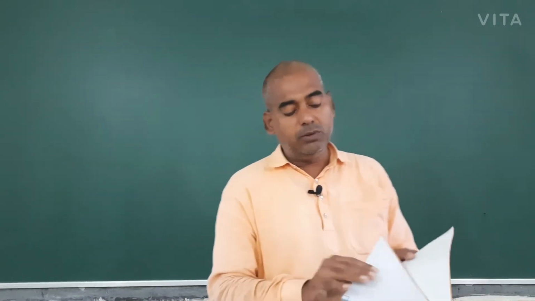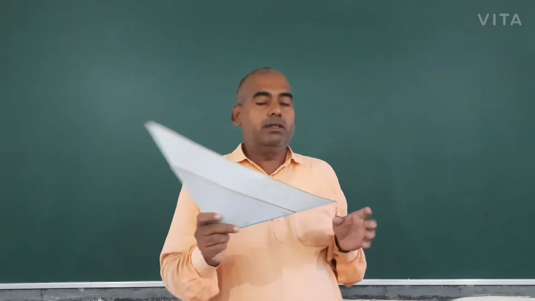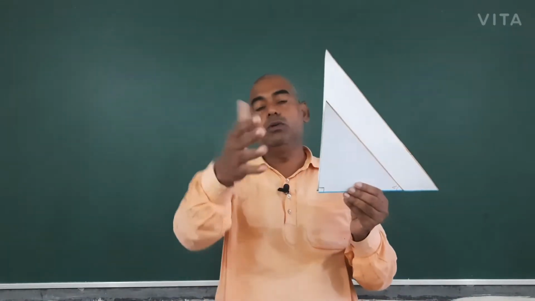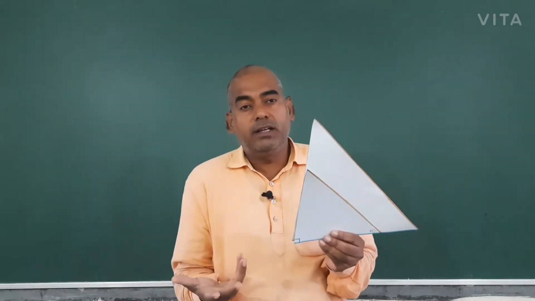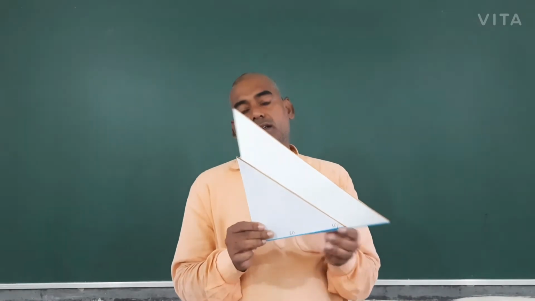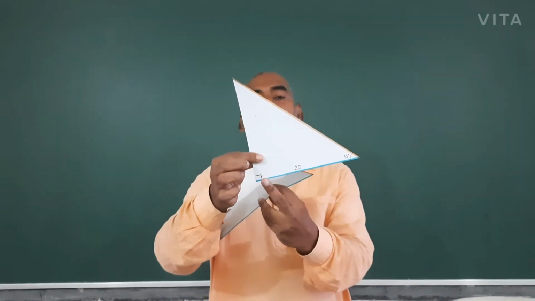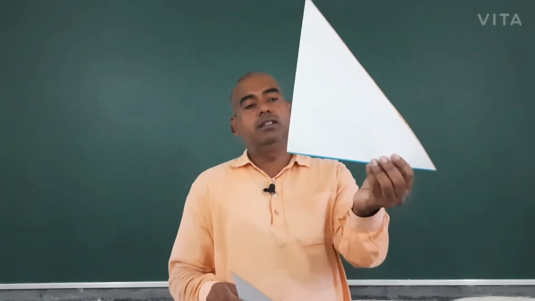And I have told you, at a time you should measure only 3. And if you measure all the 3 angles, you cannot be confirmed which triangle it is. So that's why you should measure at least one side, just like this is 20, this is 45, and this is 90. That's enough. We can calculate.